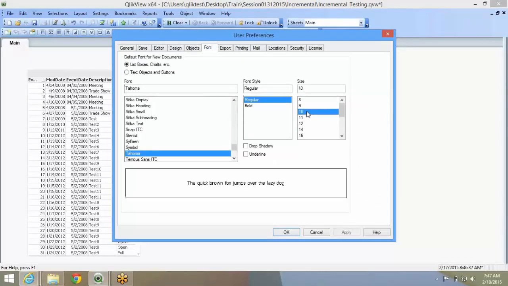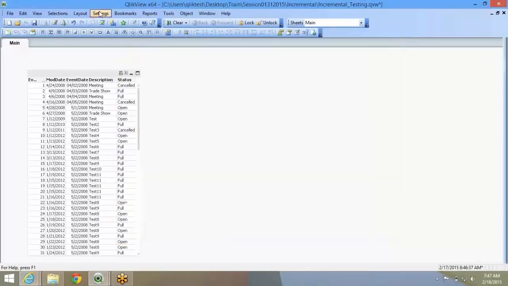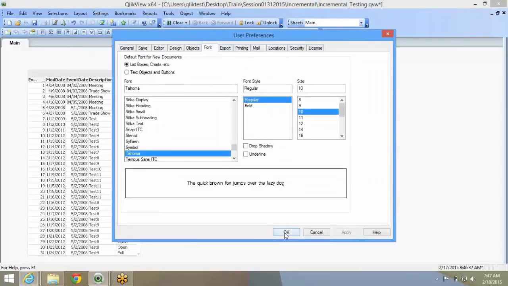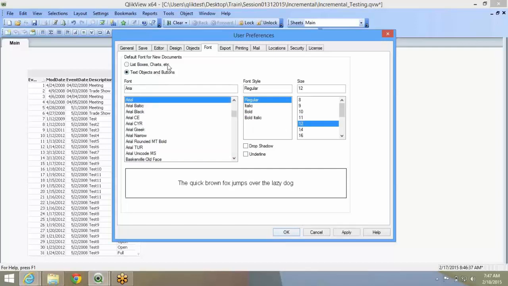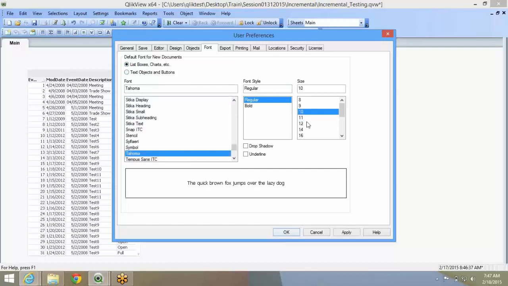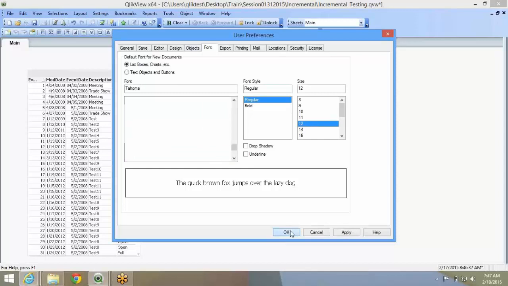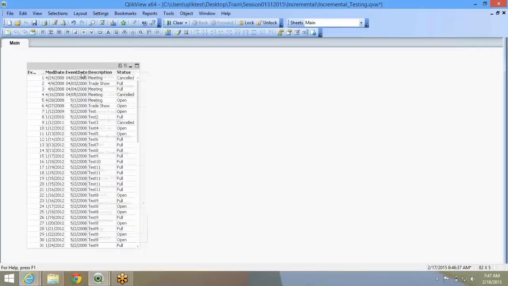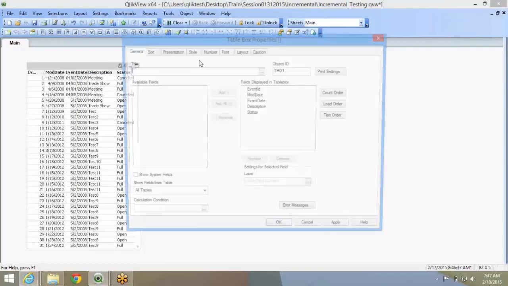Here you change the font here. It was fine. Yeah, here it is based on every chart object.